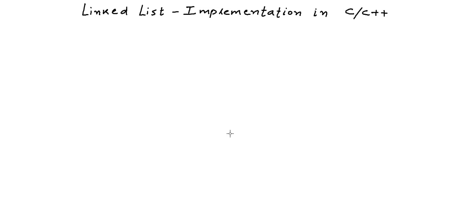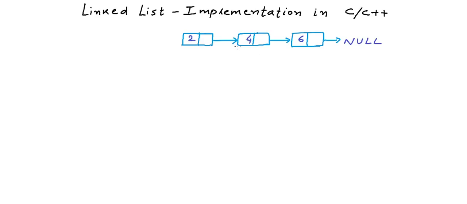As we know, in a linked list, data is stored in multiple non-contiguous blocks of memory, and we call each block of memory a node in the linked list. So let me first draw a linked list here. So we have a linked list of integers here with 3 nodes. As we know, each node has 2 fields or 2 parts, one to store the data and another to store the address of the next node, what we can also call link to the next node.